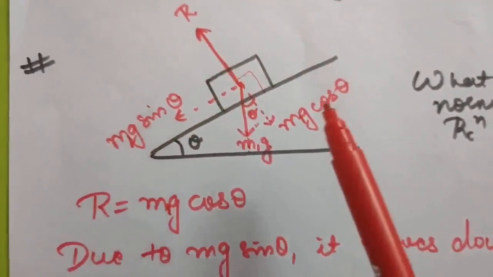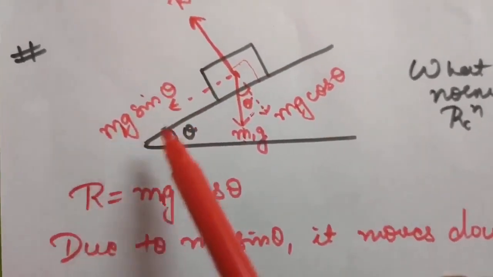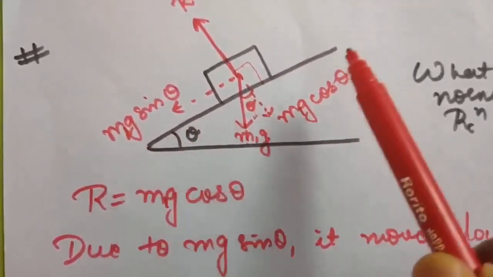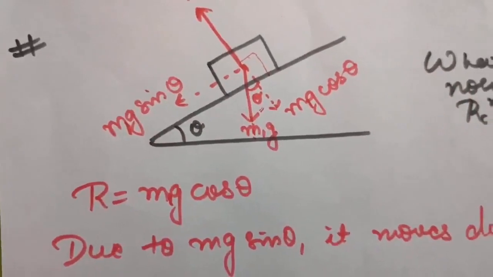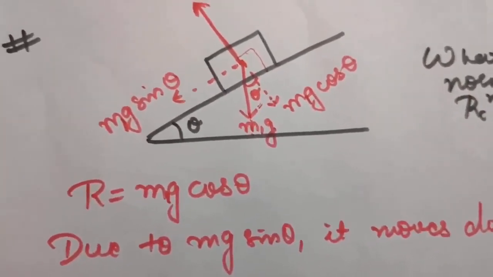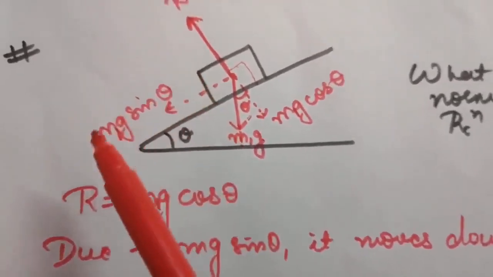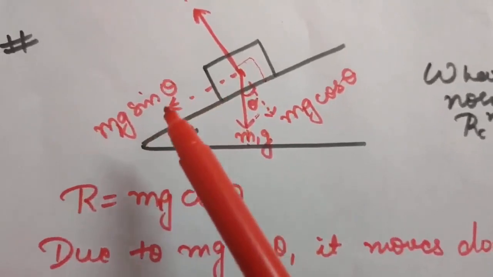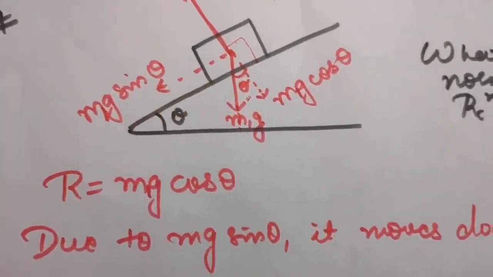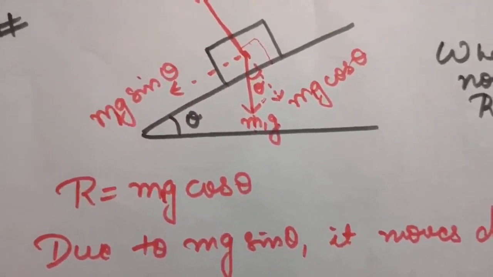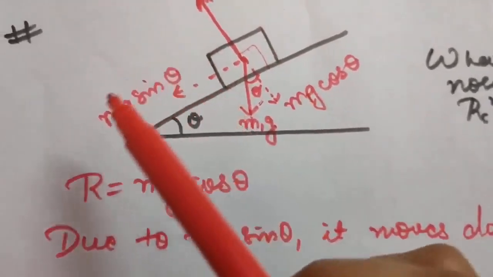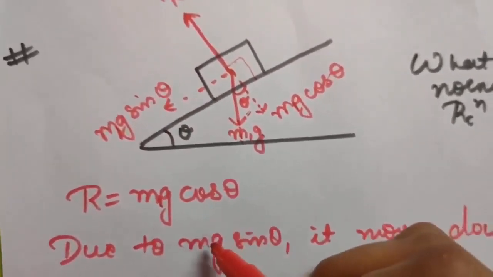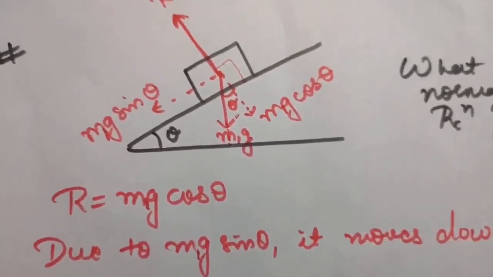This reaction force and this are balanced, but this force is not balanced by anything because we are again considering this inclined plane to be frictionless. In further cases, we'll be taking this plane to be with friction also, but here it is frictionless. So what will be the role of this m1g sin theta? Due to this force, this block will move in downward direction. So that is why when you keep any block on an inclined plane or a slope which is going downward, it slides downward due to this force. So due to mg sin theta, or you can say m1g sin theta only, it will move in downward direction. Okay, so this is the case.